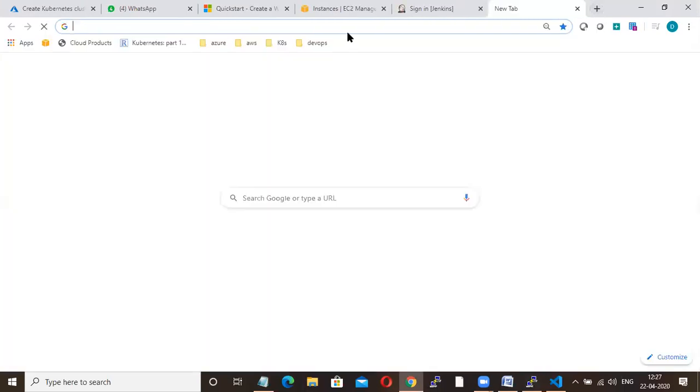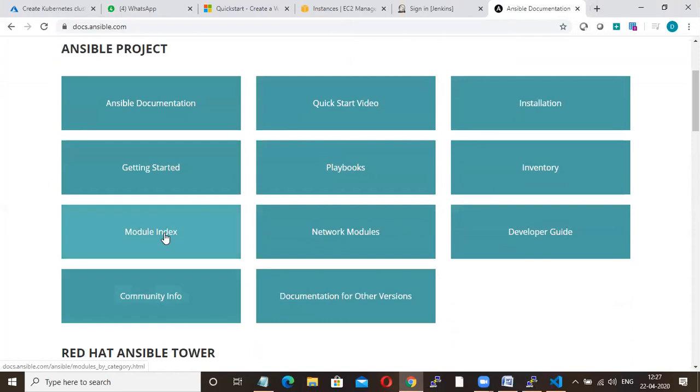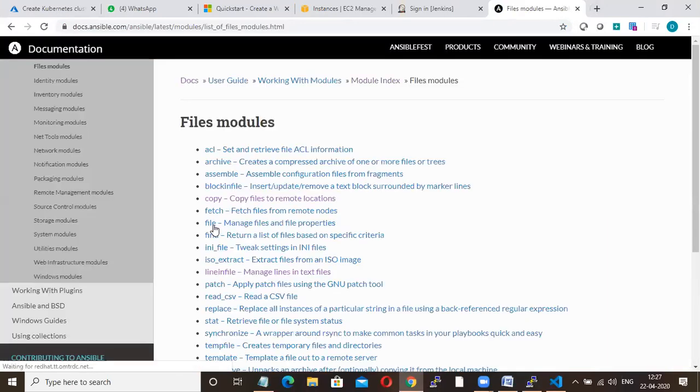So go here, docs.ansible.com, go to module index, all file modules. Okay, fine, Karthik.